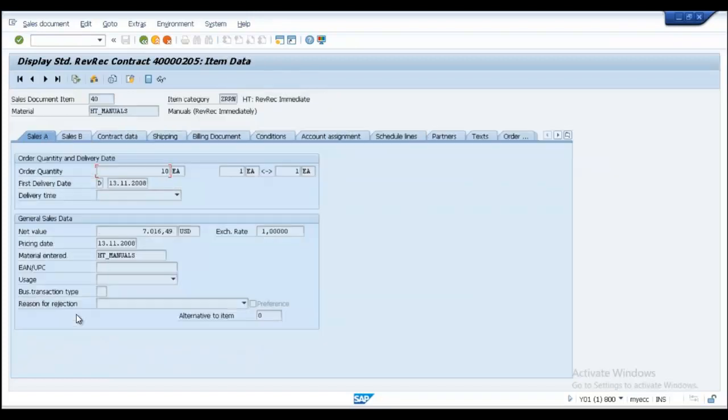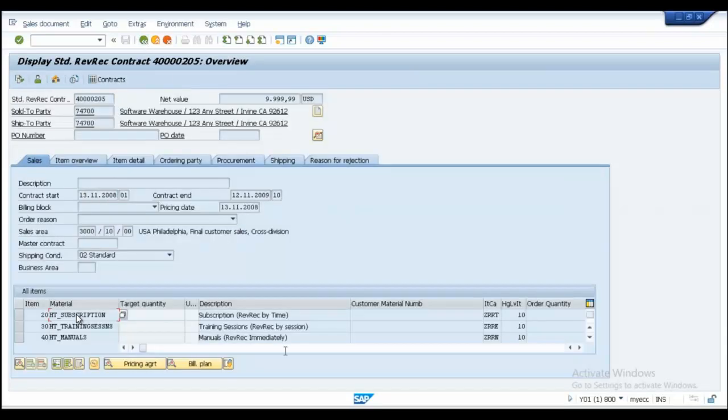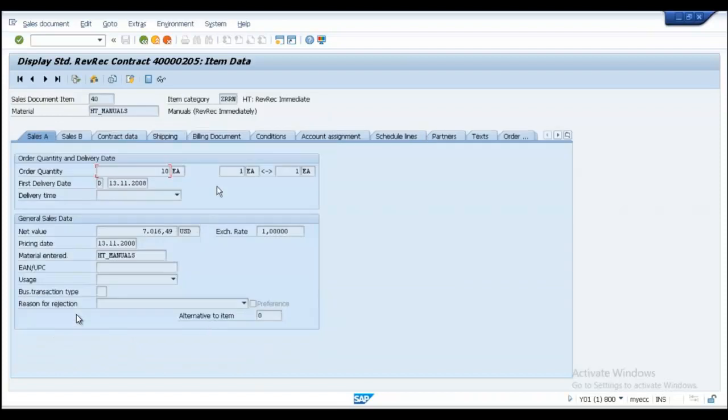Okay, so if I double click on this, or maybe even if I go back, see the description. Somebody has created this material with the description itself that this material will be recognized immediately at the time of billing. And that is the reason, if I double click on this, first of all, there